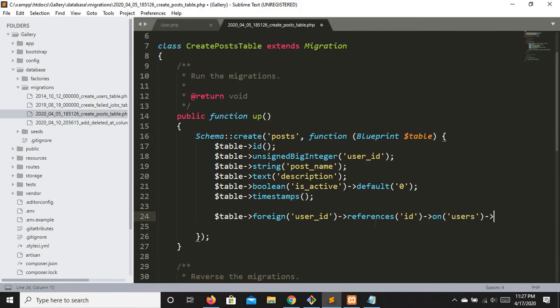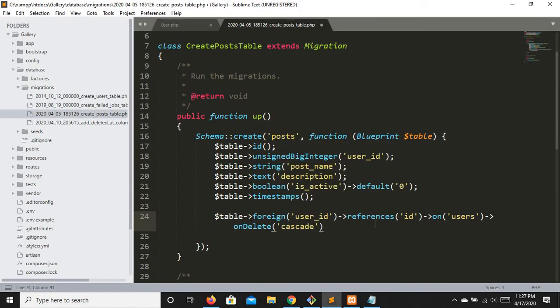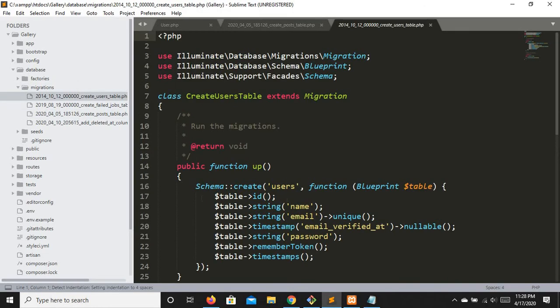Okay, and on delete should cascade. What this cascade is going to do is just allow us to edit or delete. Okay, now what we are doing right here is we are telling Laravel that this column user_id is a foreign key and it is referencing the id on the users table right here.